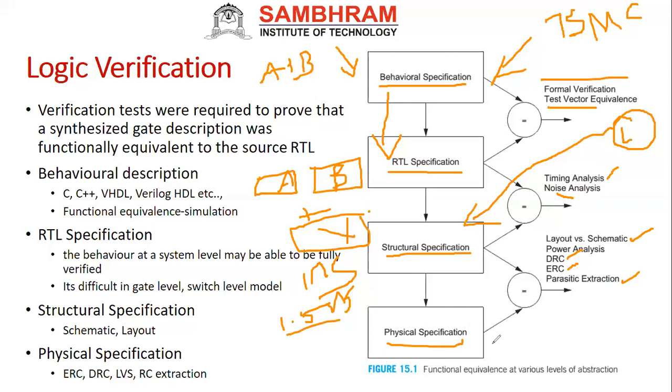Once the specification is over, next they will go for the floor plan. Once the floor plan is done, finally they go for the format for tape out. That format is the GDS2 format. This is the format they will send to the fabrication or manufacturer. This is about the logic verification normally. This is before manufacture; everything on the designer side has to be done.